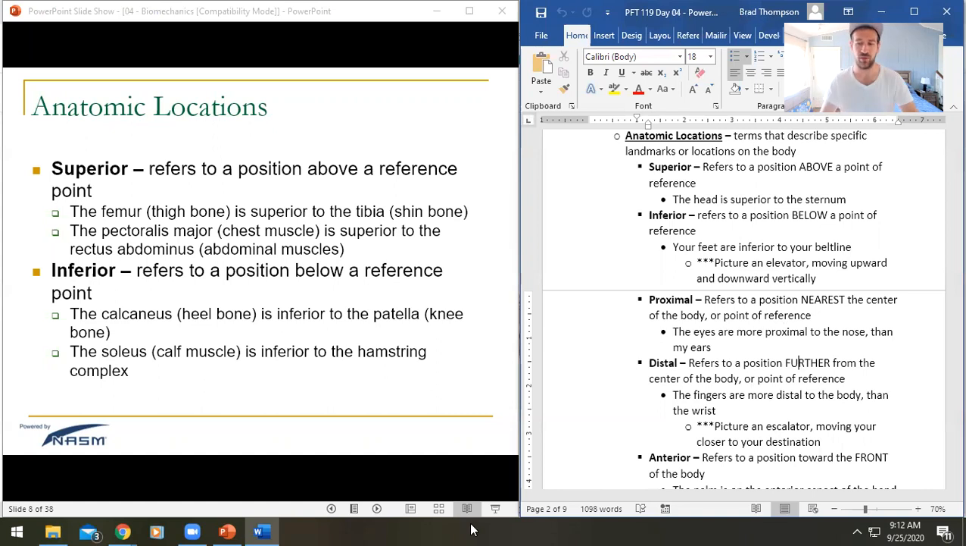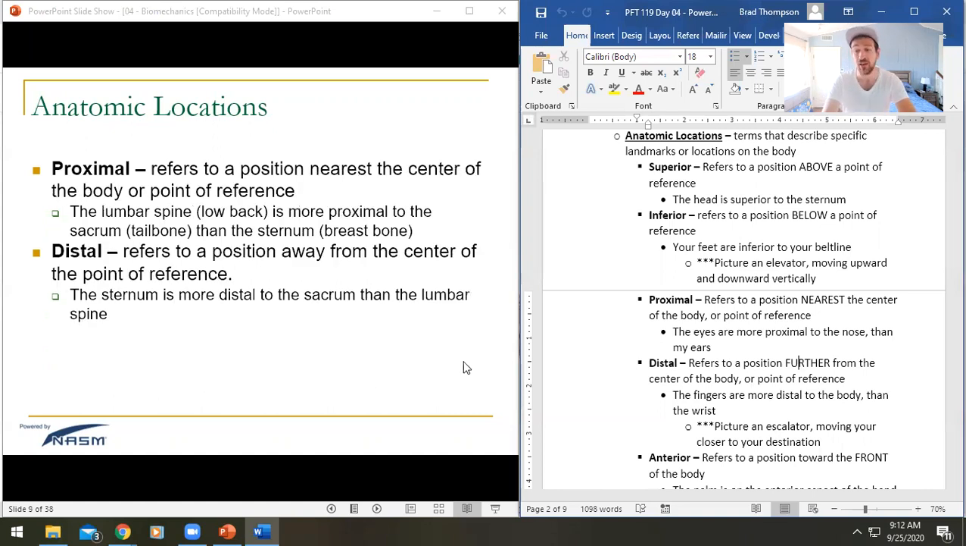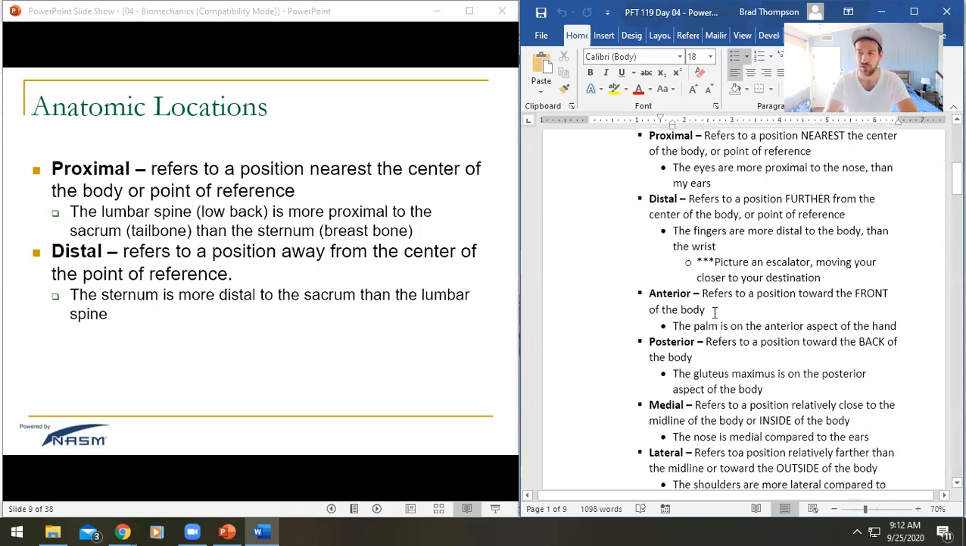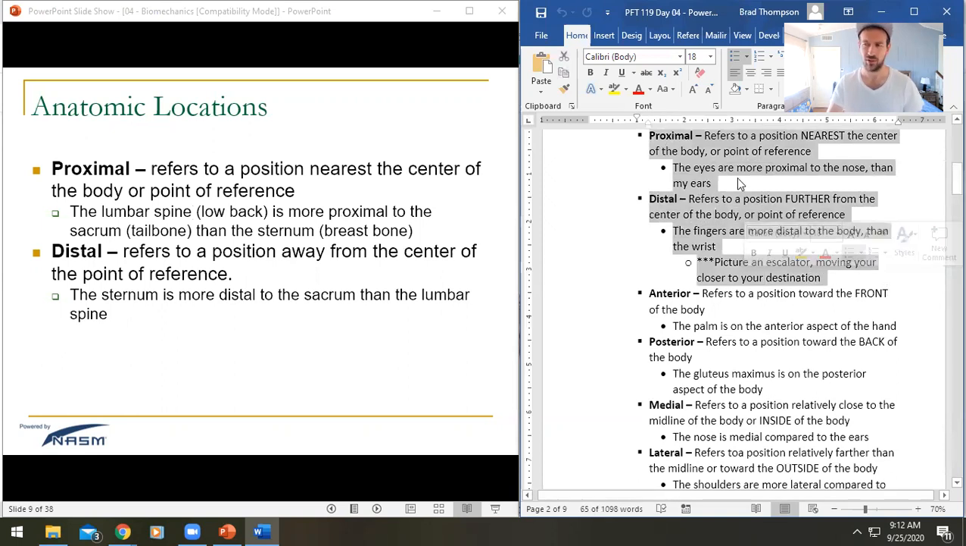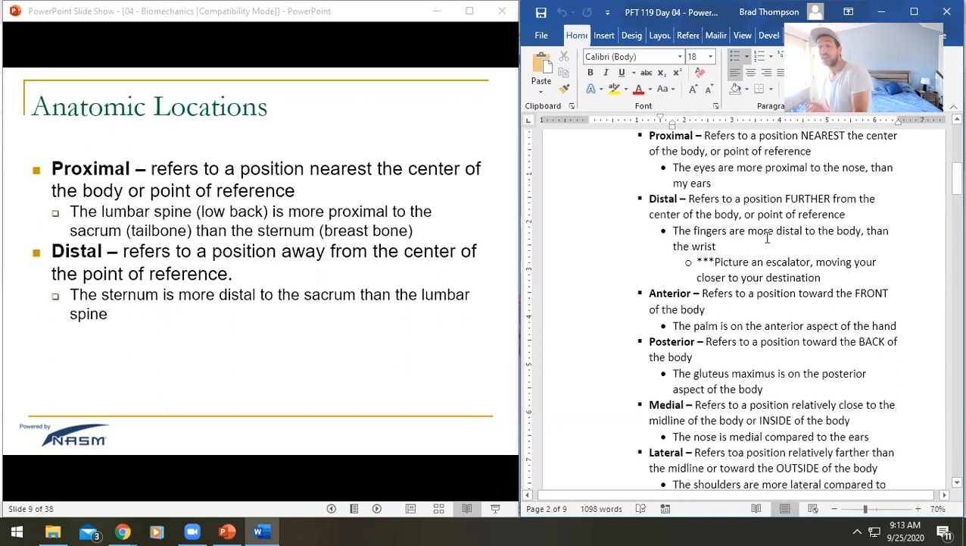So superior and inferior only refer to the vertical part. There are no other assumptions made there. Now, you do have two terms here that are, I'd say, the most confusing. These are the ones that people usually have a harder time with: proximal and distal. Proximal refers to a position nearest the center of the body or nearest